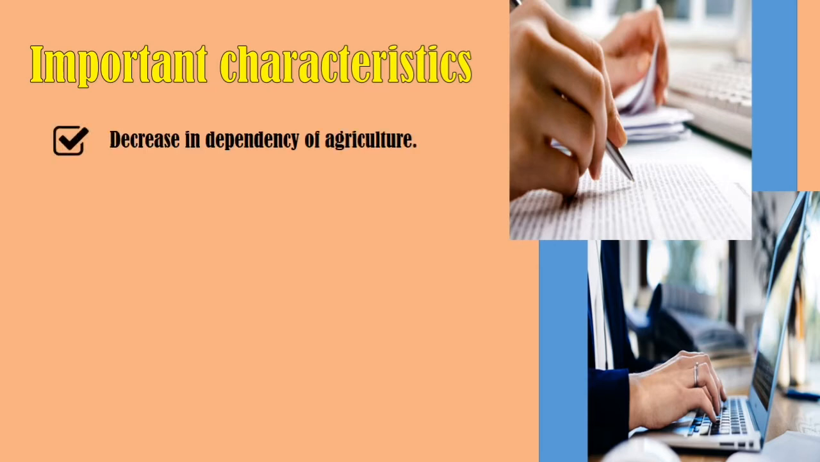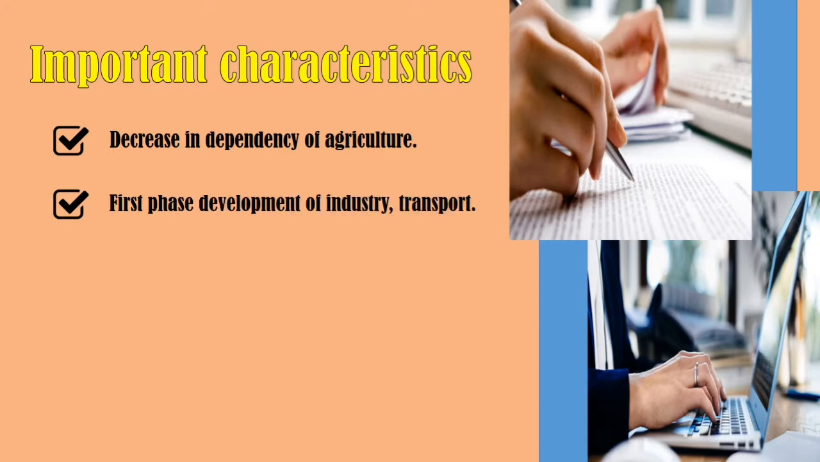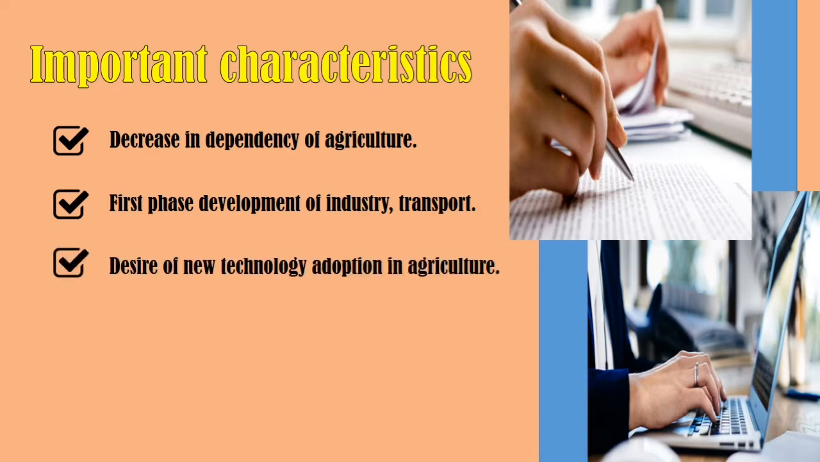Next are the important characteristics of this shift from the first to the second stage. There was an observable decrease in dependency on agriculture, and in the first phase, development of industry and transport was observed. The desire for new technology adoption in agriculture was introduced, and of course, the creation of new technology for industries. As a result, people were busy, so there was a low birth rate, and